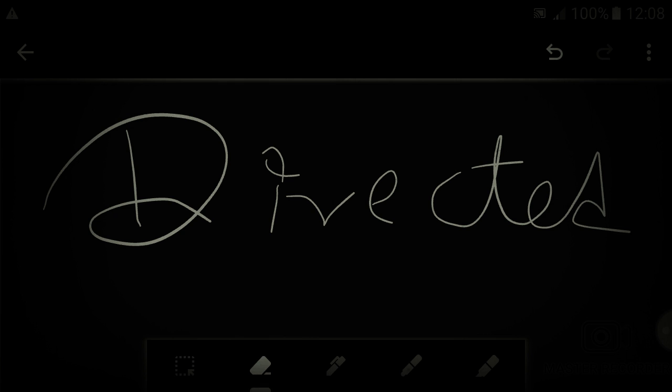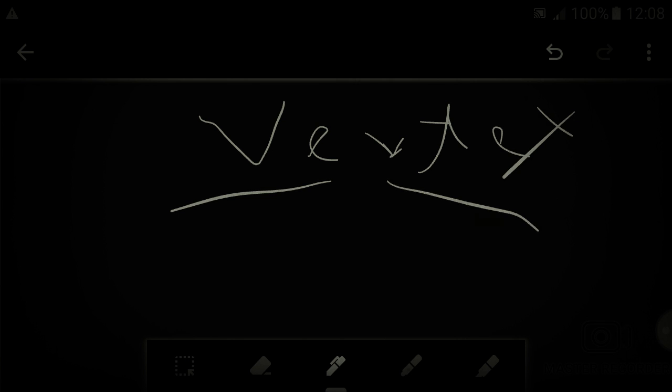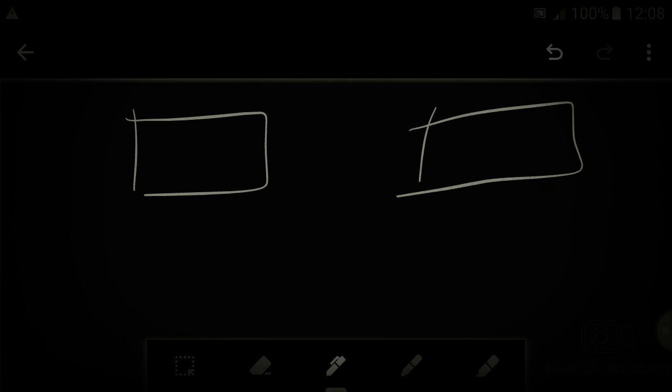Directed means the direction of the action will be given. This is normal, everyone knows that. Let's take the summary. Vertices we have of two types: process and resource. Process is shown in circle and resource is shown in rectangle. And in the resource we have two types, in one type we have a single instance, in the other type we have n number of instances, means multiple instances.